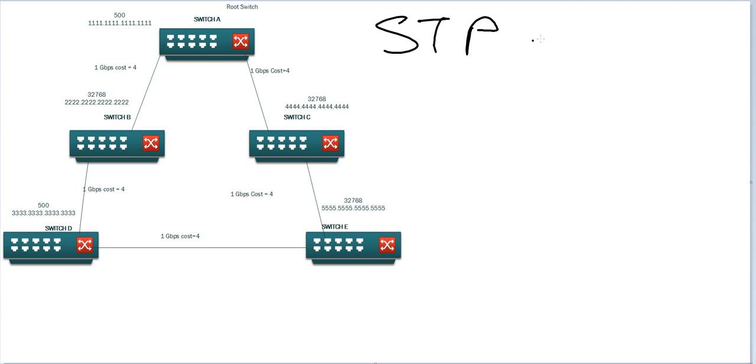Now before we understand what STP is, we have to understand how any layer 2 switch will handle the traffic, especially the broadcast. A layer 2 switch is part of a single broadcast domain. It will forward both broadcast and multicast frames out of every port other than the port on which it has received the frame. So if switch A is receiving anything from switch B, it is going to broadcast that or